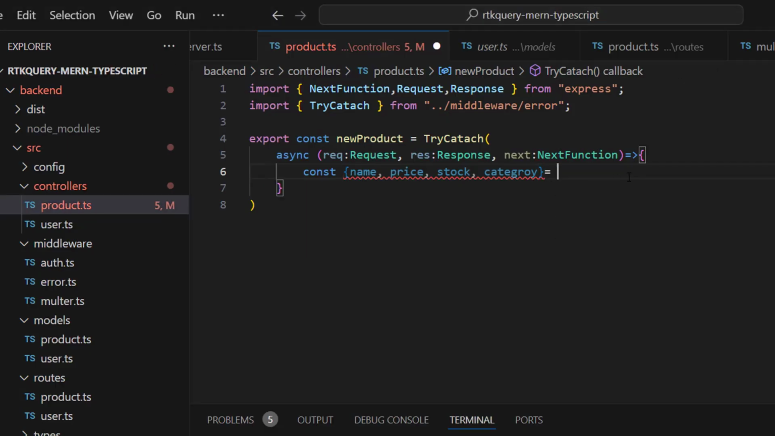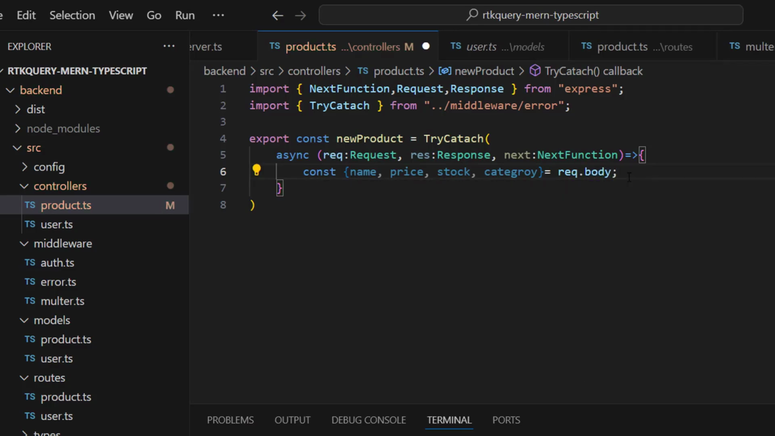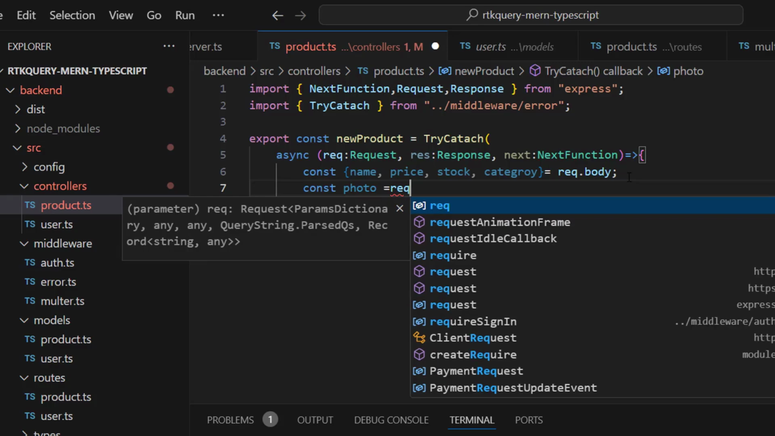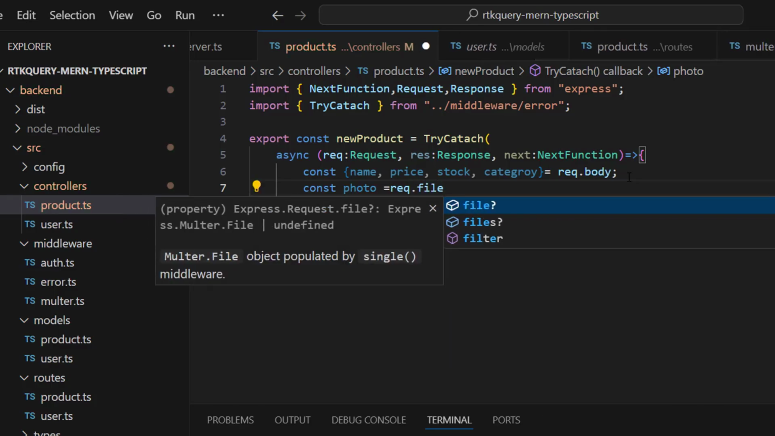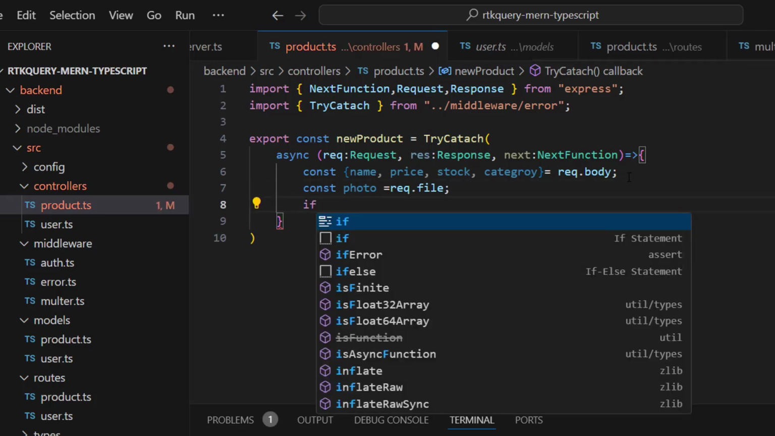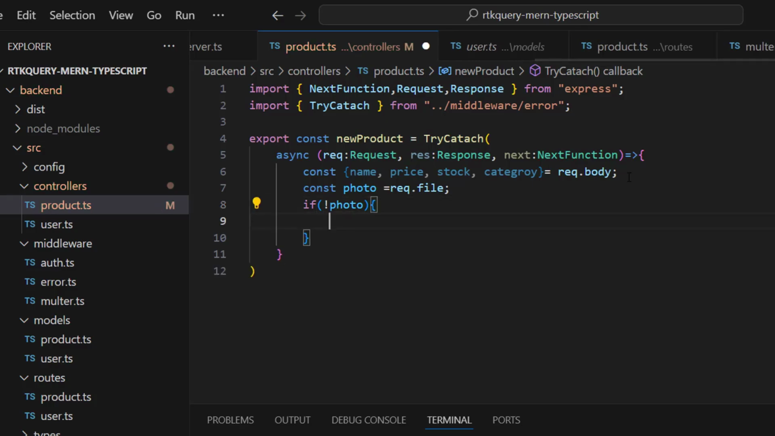So it will come from request.body. Okay, so const photo will come from request.file. Okay, and if no photo, then we want to say that